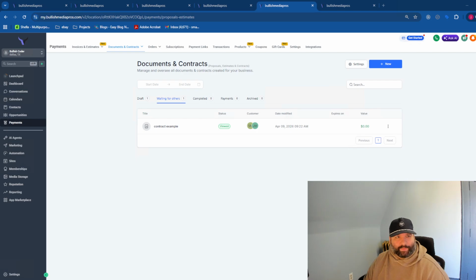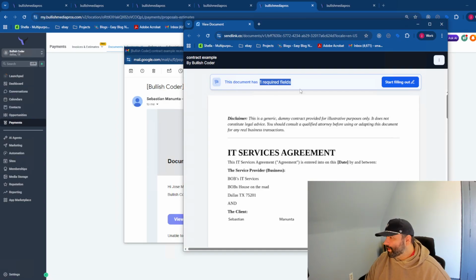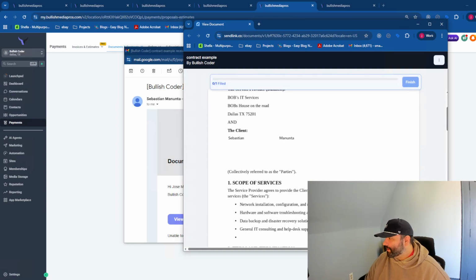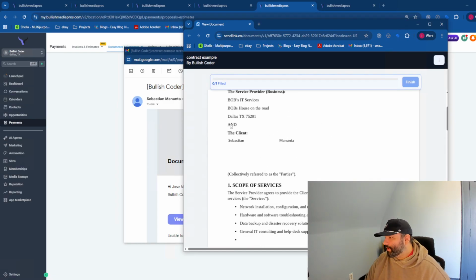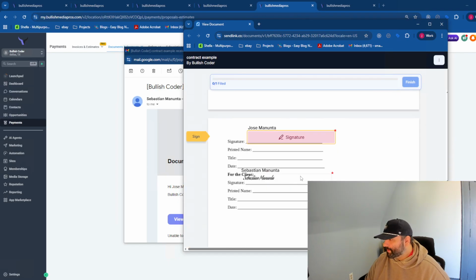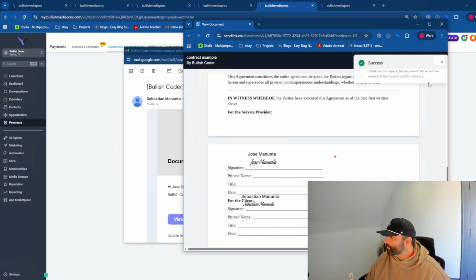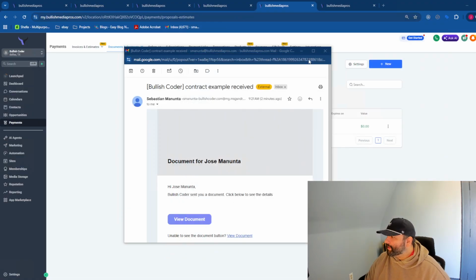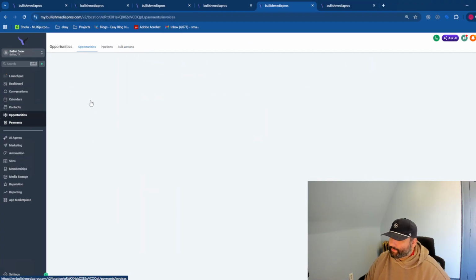We can see here from the admin account, I got the document. So I'm going to open it up the same way. You can see here that it says one required field, so I'm going to start filling it out. I can see what the other person, your contact, filled out here. I can see how they signed it. And I'm going to execute it myself by accepting and signing it. Finish. Okay, at this point, now that all parties have signed the document, we come back to our payments here,